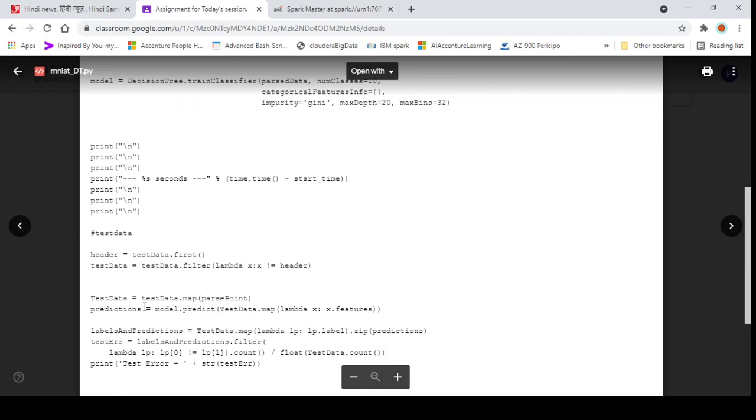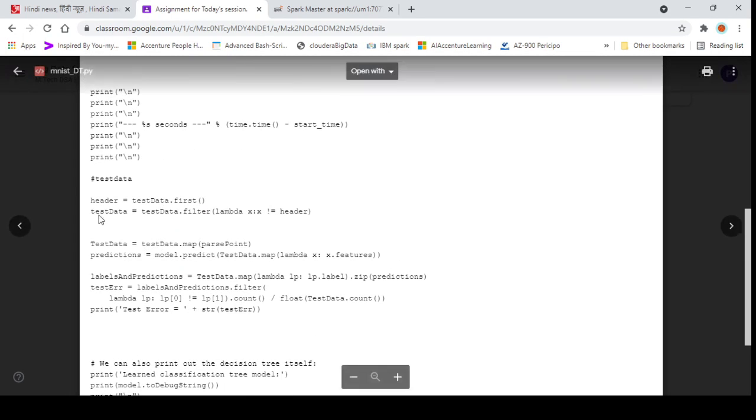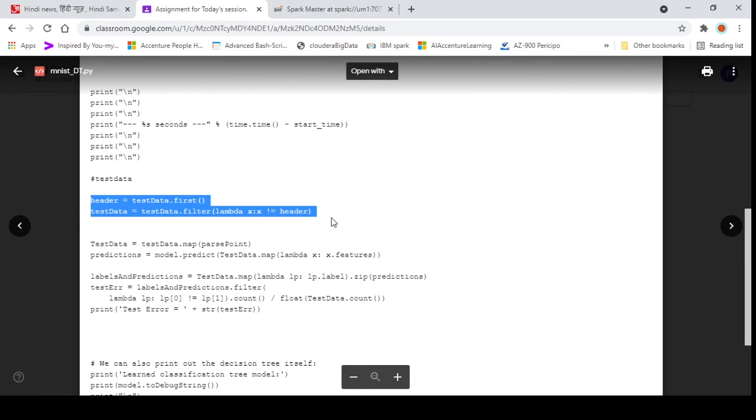Okay, so as we removed the header from the raw data, similarly we are removing the header from the raw test data also. So these two lines will remove the header.